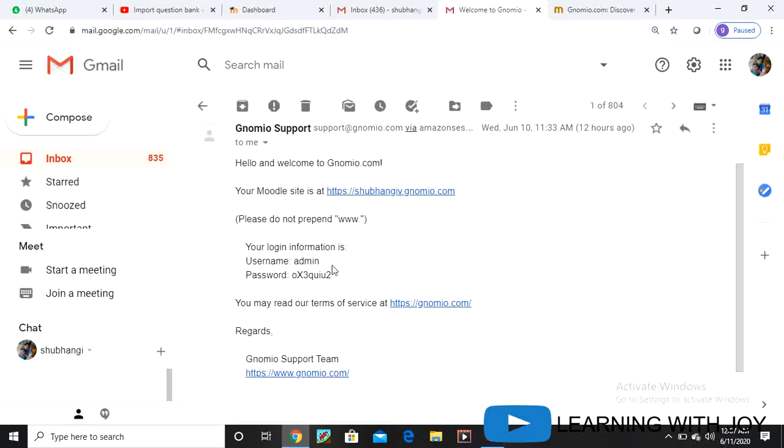The username is admin, and the password is this. Okay, so we will check login with this also once, so that the point will get more clear to you. So open in a new tab, and I will copy this password.